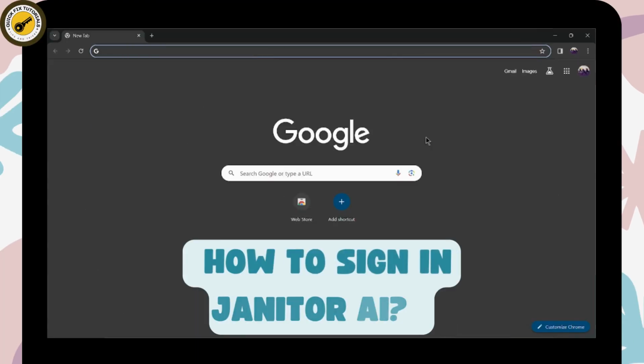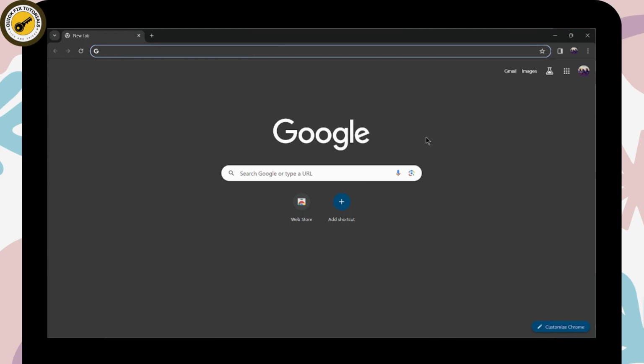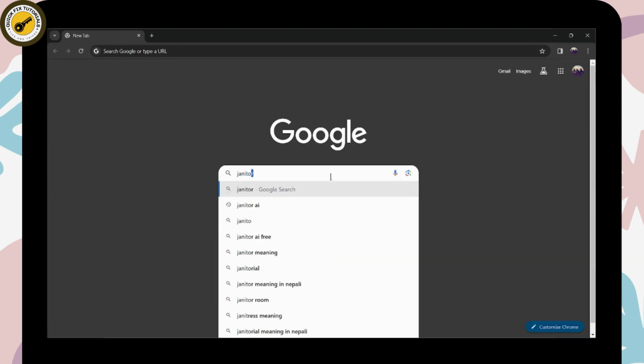How to sign in Janitor AI. So if you want to sign in to your Janitor AI, then first of all you need to open up a browser, any browser that you're comfortable with, and I'm here with Chrome browser. Simply go for the search bar and search for Janitor AI,